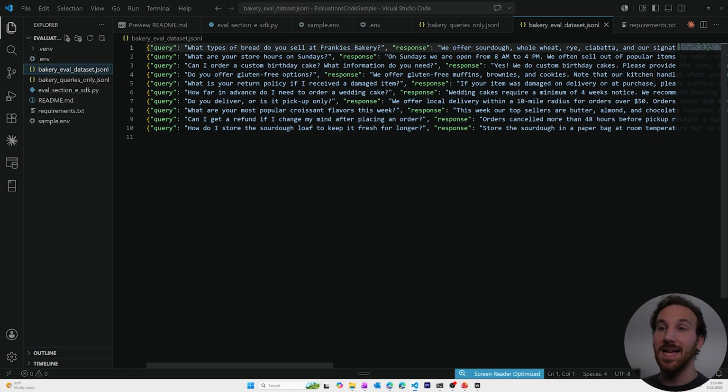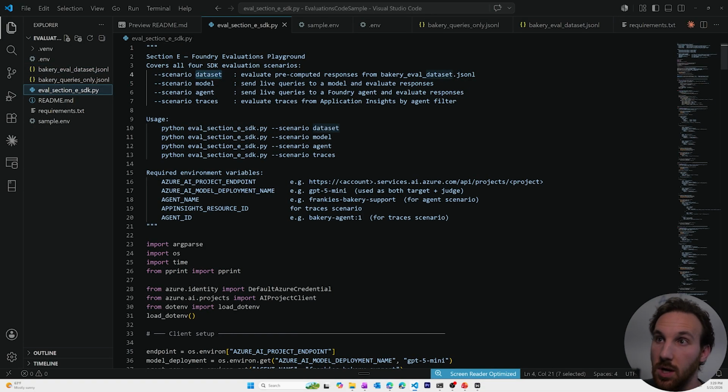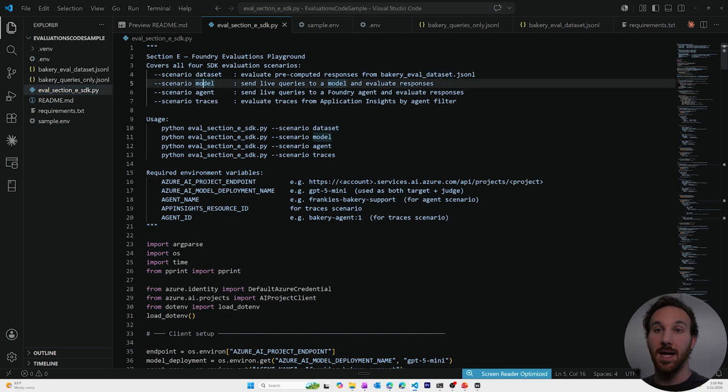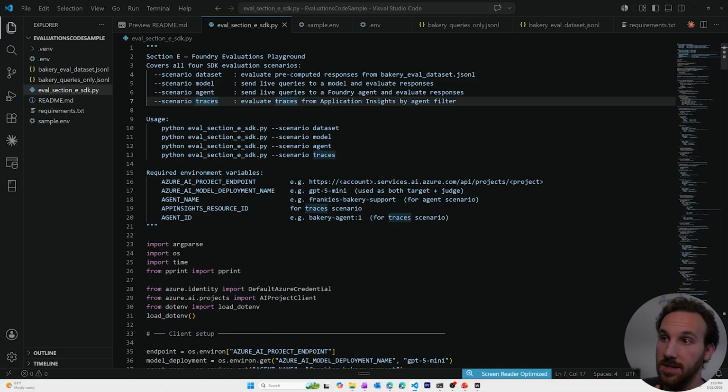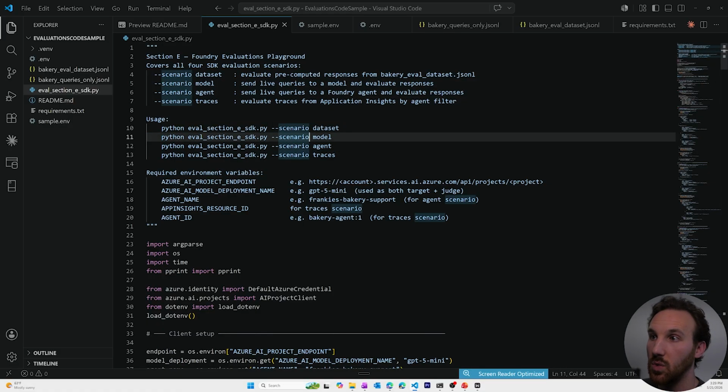So here is a JSON file with queries and responses that you can use as that data set if you want to just see what it looks like to run a data set with existing inputs and outputs. If you want to run an evaluation against a model, or against an agent, just like we did, and we'll do again with showing it using the Foundry SDK here in code, and if you also want to run traces. So to do that, we just need to run these different commands, and so we are going to run the Python eval section